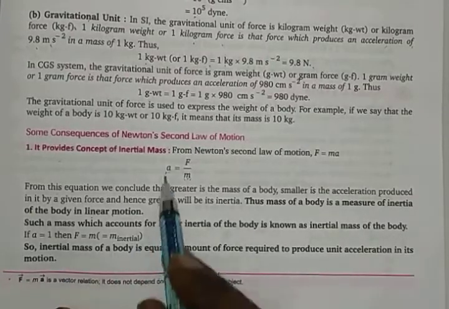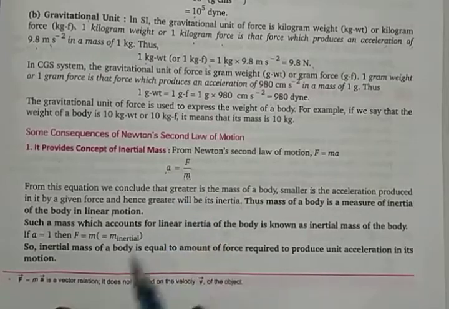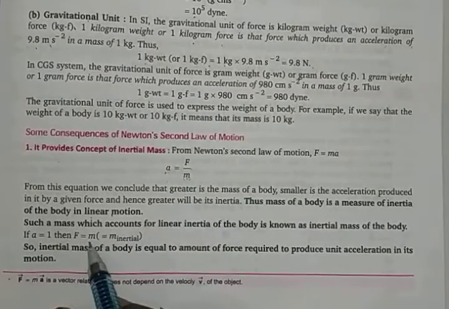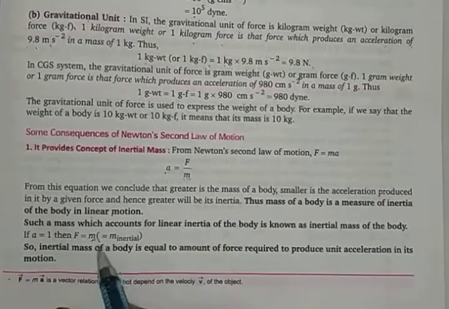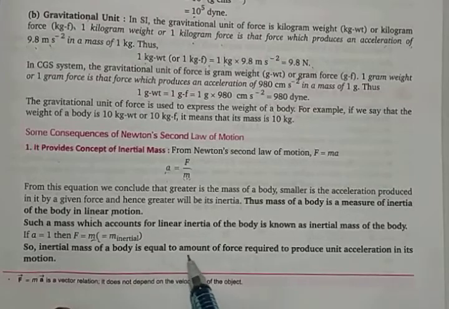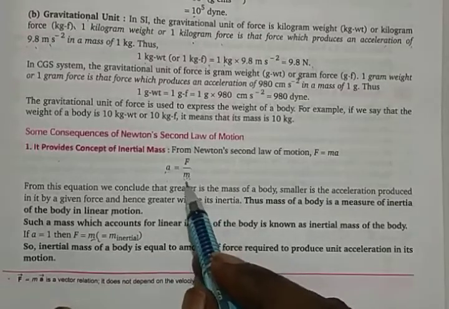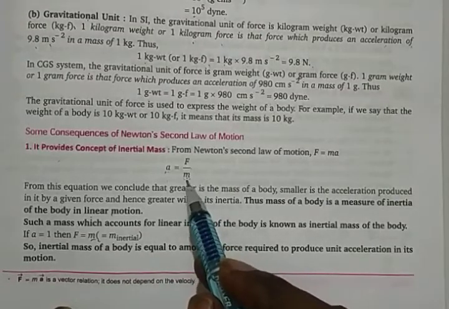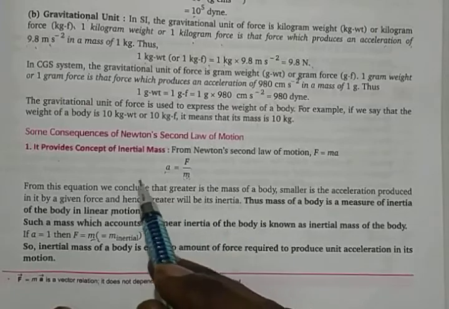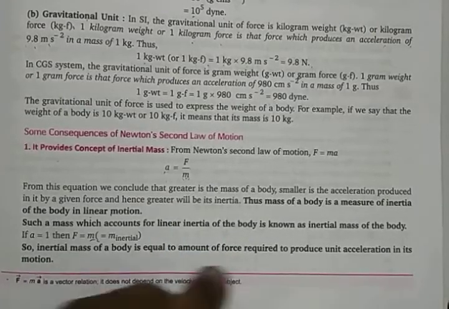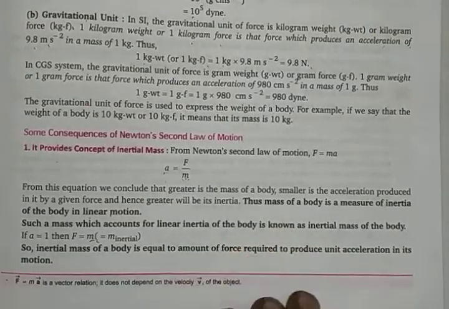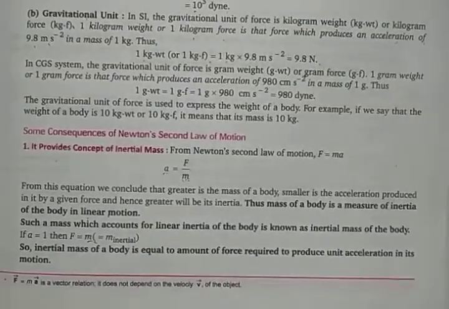So acceleration, if it is going to be equal to 1, F is equal to m. So F is going to be equal to inertial mass, you can say. The inertial mass of a body is equal to the amount of force required to produce a unit acceleration. That is called inertial mass. It talks about a concept of mass over here, they call inertial mass. So that's the first part of it. The second consequence of Newton's second law of motion is in the next page. It is given here as